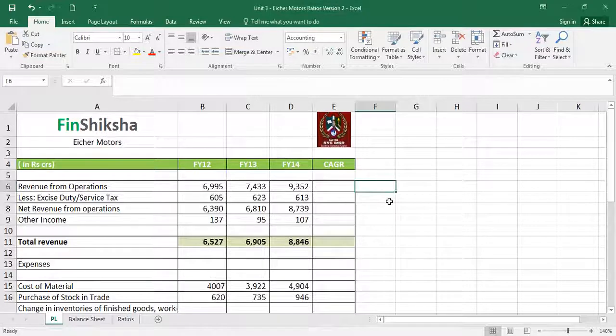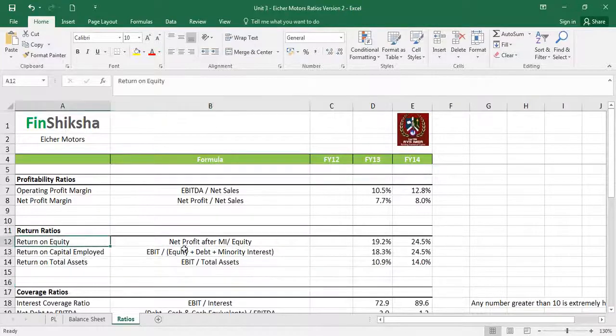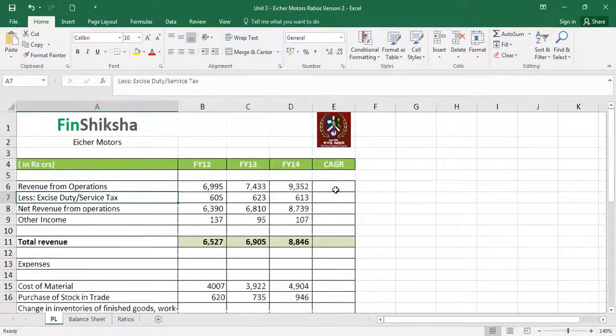So in this video, we are going to discuss the earlier ratios that we had talked about in the previous section and try and calculate them for our company in question, which is Eicher Motors. Note that we have already put in data for one more year here. And now we can try and calculate the CAGR for these numbers and then add the additional ratios that we had seen earlier, specifically DuPont analysis on return on equity and the ratios on cost to sales data. Those are the points that we are going to add to this now, in addition to our discussion on